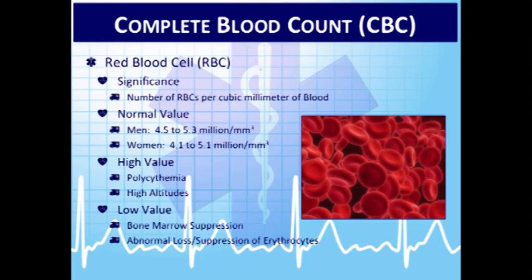We can measure the number of red blood cells per cubic millimeter, and if we do an RBC count, it's a little bit different than a hematocrit, a little bit different than a hemoglobin. High values of red blood cells are known as polycythemia. So you will see patients who live in Denver have a higher red blood cell count than people who live here at our elevation. Their body produces more red blood cells to oxygenate them better because they live at a higher altitude, so the percentage of oxygen in the atmosphere is less. They need the ability to carry more oxygen, so the body